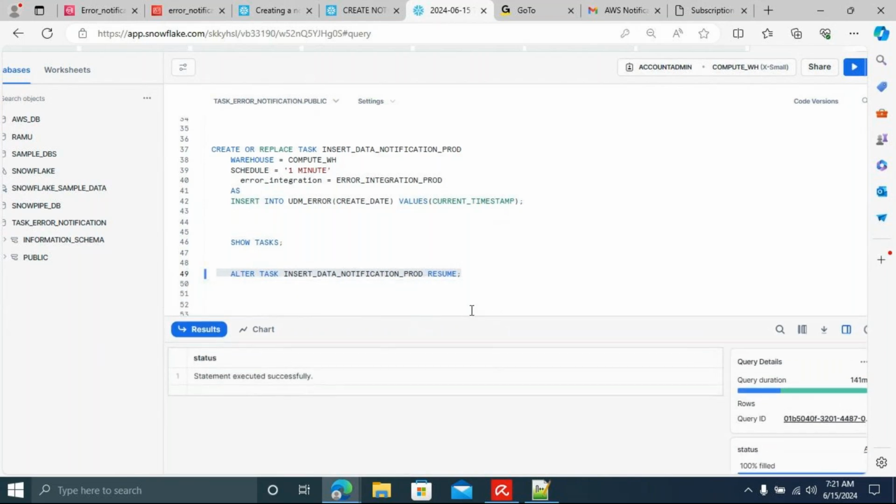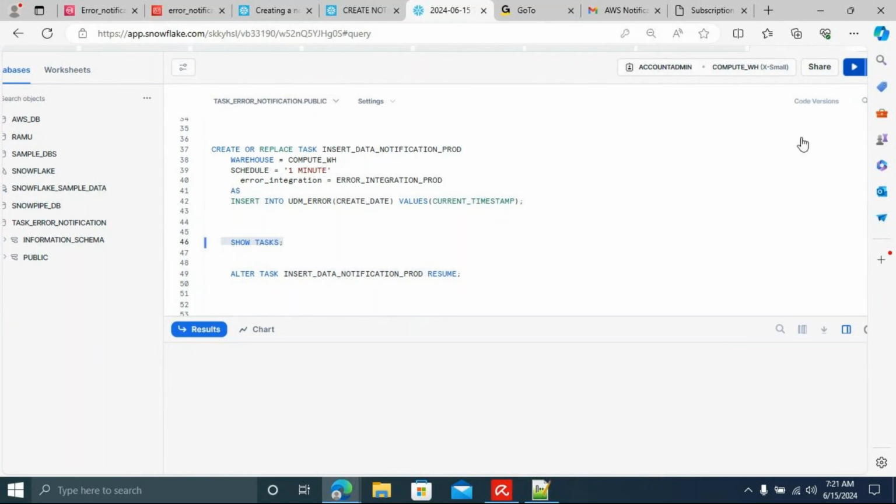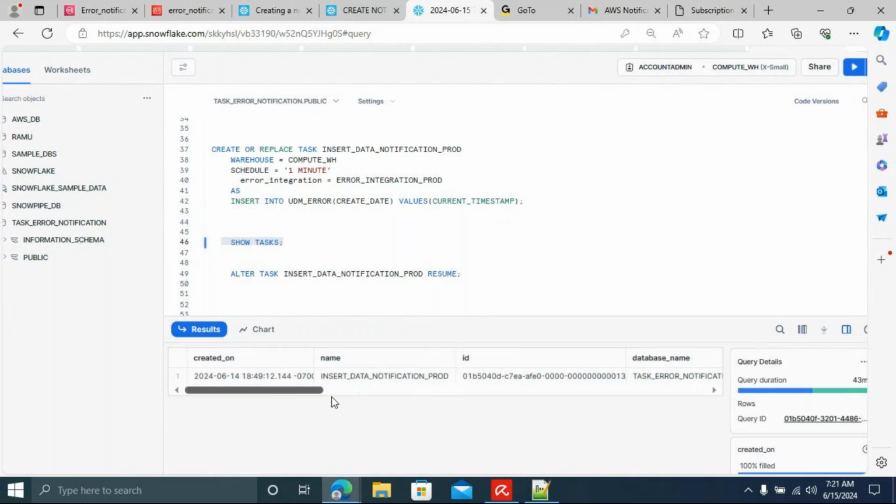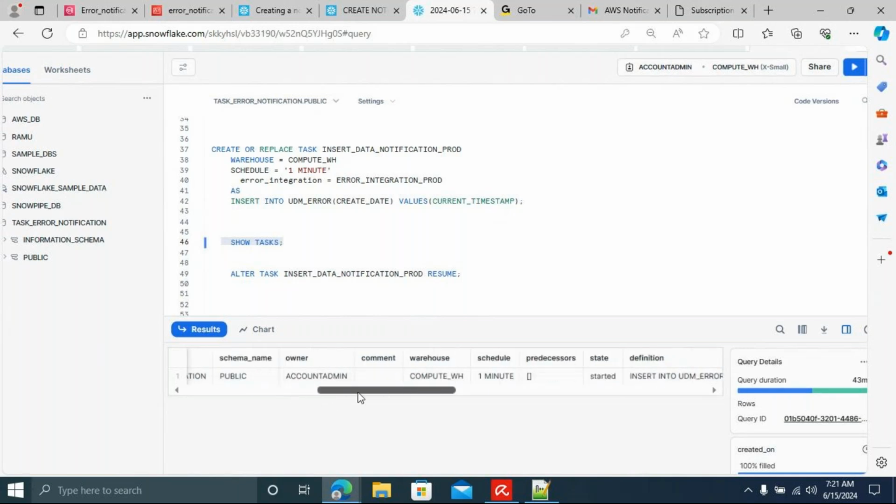Now it will go to the resume state. Automatically your task will change from suspended to started. Yeah, now the state got started. It's the active state now. Good.